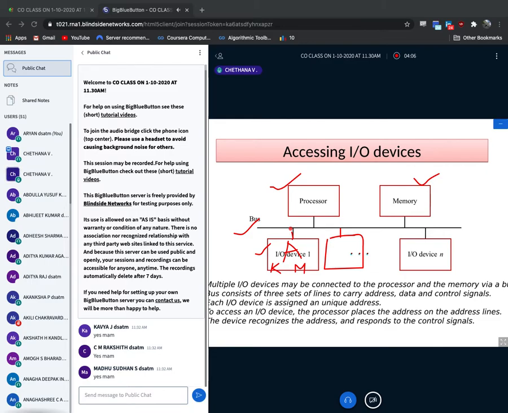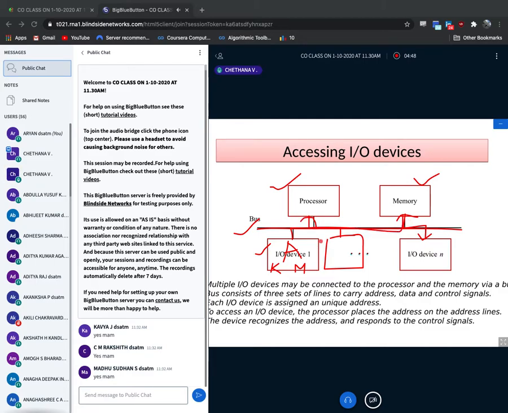Like that, if some data is in the memory that I want to send to the output device, it has to go via this bus. In a similar manner, if I want to keep some data inside the memory, I'll use this bus. I think you're able to see this bus. This is a channel of space available to transmit data between processor and input devices, processor and output devices, memory and input devices, memory and output devices, and also processor and memory. Here also I can transmit the data.